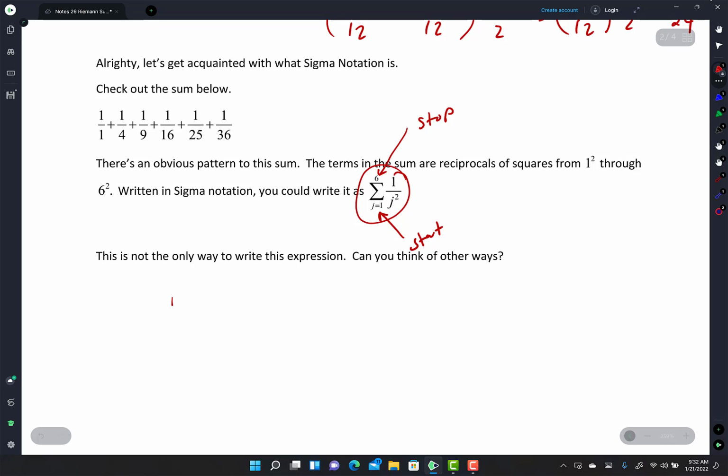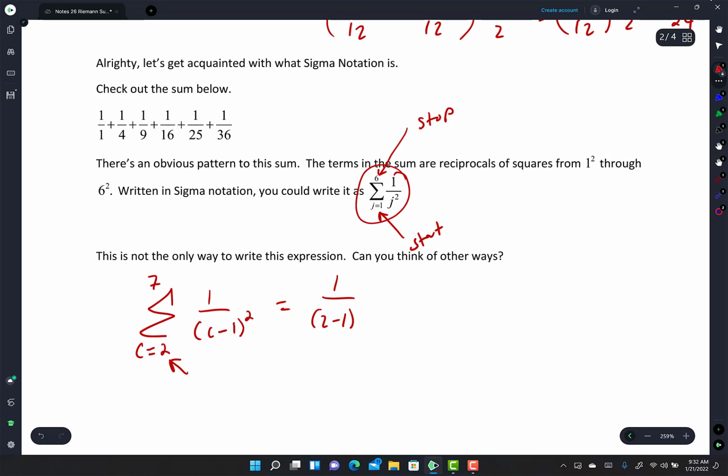You can say sigma, and do you want to use a different letter besides j? It doesn't matter to me. C. C equals, let's start at 2. If I start at 2, I'm going to have to end at 7. And I'm going to go 1 over c minus 1, close it, squared. Travis, that's not going to work. Yeah, it is. Look, start at 2. 1 over 2 minus 1 squared plus 1 over 3 minus 1 squared plus 1 over 4 minus 1 squared